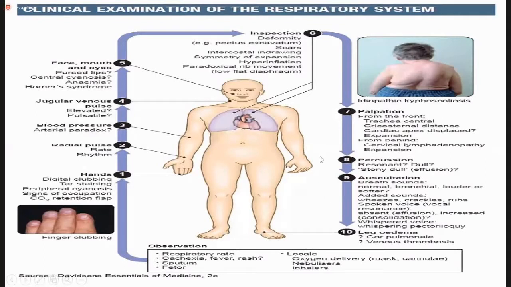This is just a systemic chart to make you clear how to start the examination and what parts of examination are included in the systemic examination, the respiratory system examination. Certain things from general physical examination like hands, pulse, blood pressure, your jugular venous pressure, and your face are also included as a part of examination. But basically, we will be covering the systemic examination. At your level, it will be more than enough that you know how to perform the systemic examination.